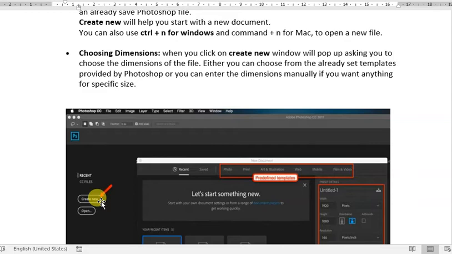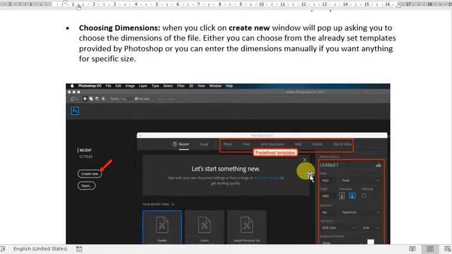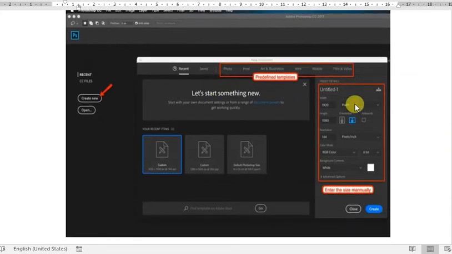Then after, you have to choose the dimensions. Either you can choose from already set template that is provided by the Photoshop, or you can enter your own dimension manually for the specific size.